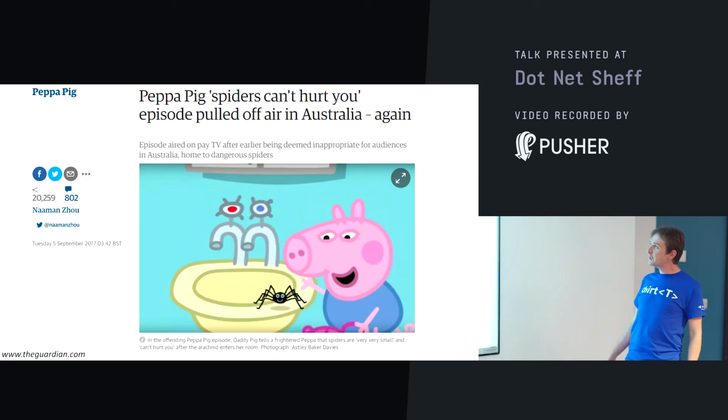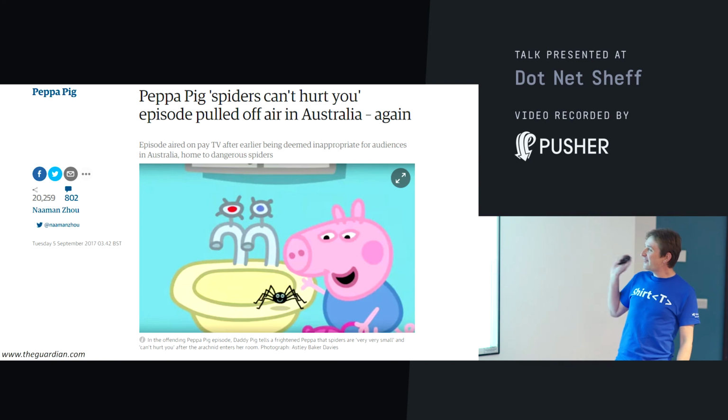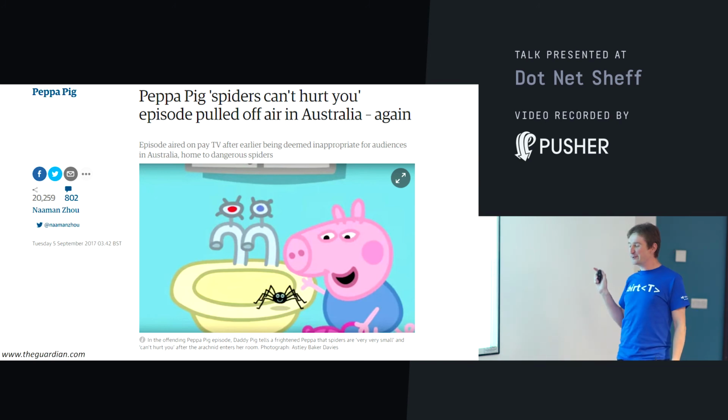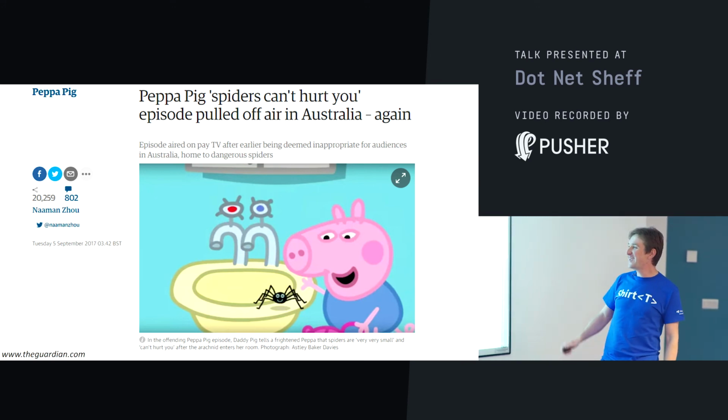Another example is Peppa Pig. A British TV program aired in Australia said that spiders don't hurt you. Further down in this article, and I didn't want to show this because of some fragile minds, they have a huntsman spider carrying a mouse up the side of a fridge in Australia. And this episode was recommending that children sleep with their spiders and play with them and all that kind of stuff. So this is the kind of problem you can get into with poor localization that is not language related.